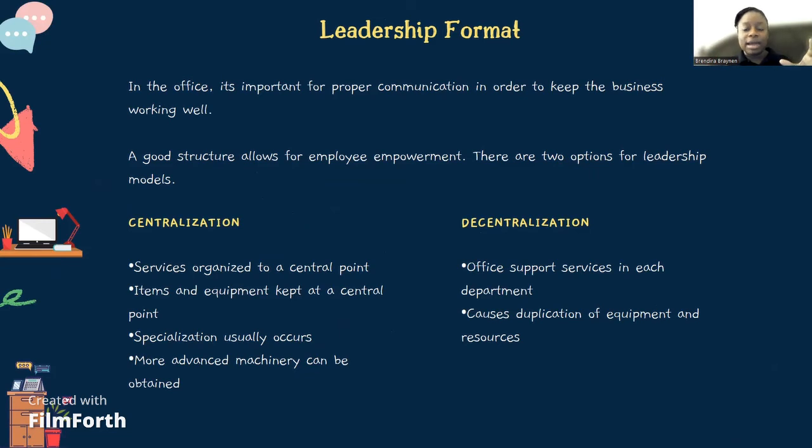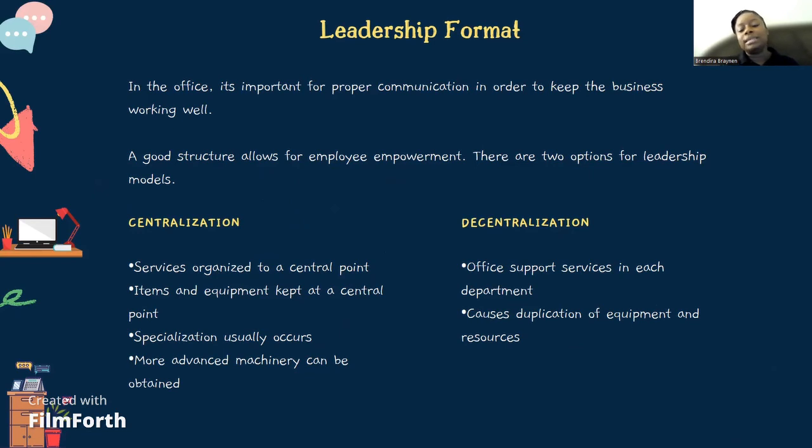So whenever you see centralized, think one location. There's one set of people coming up with rules and thinking about things, and normally that's just it. Leadership happens in one small spot,